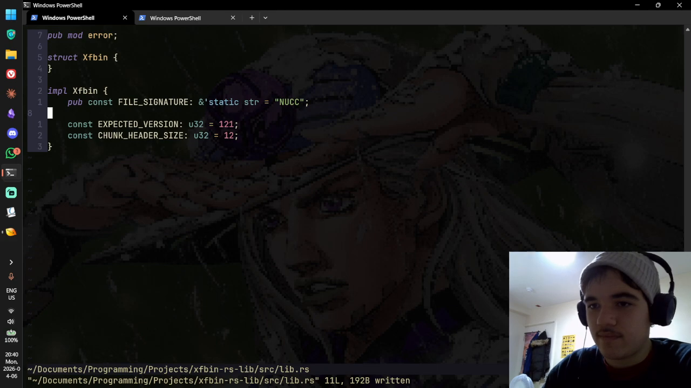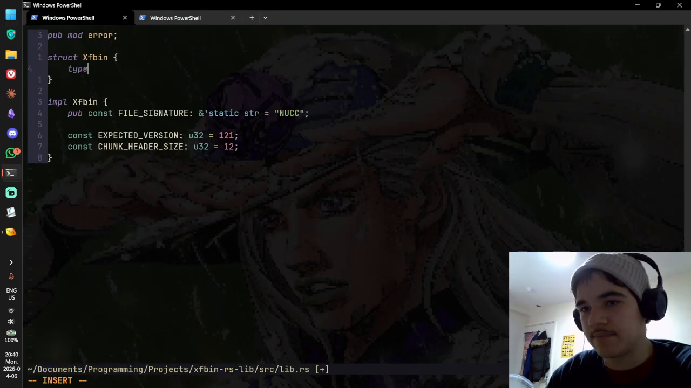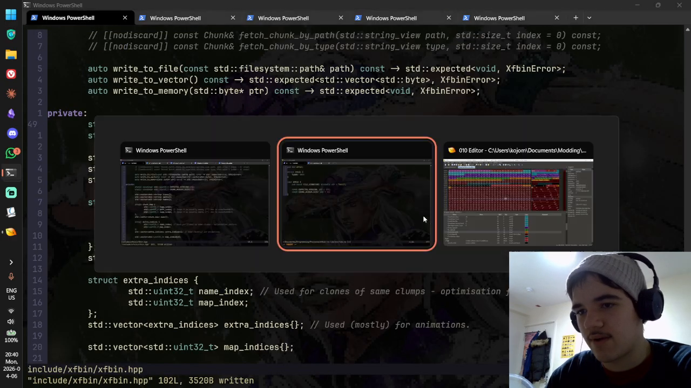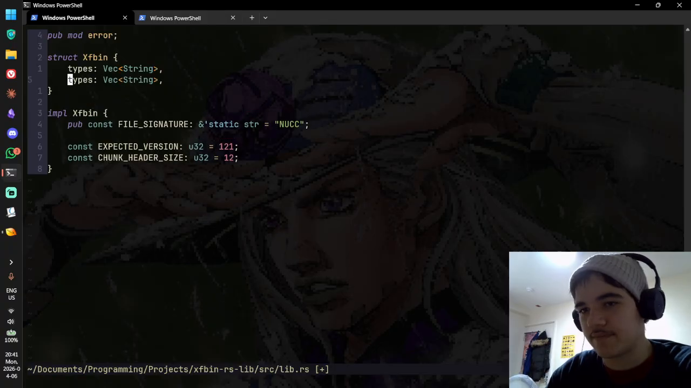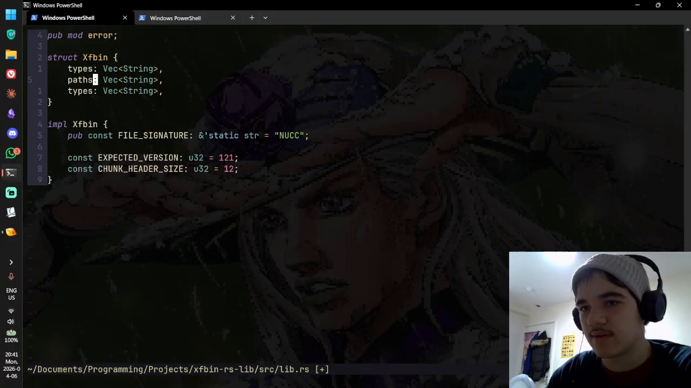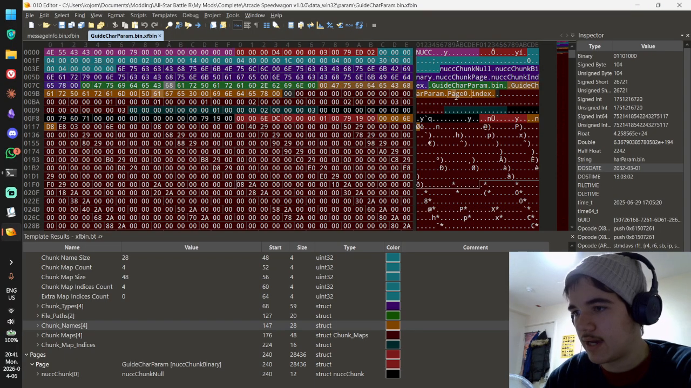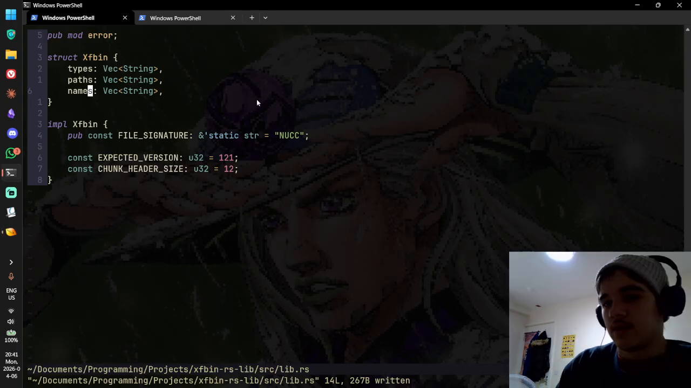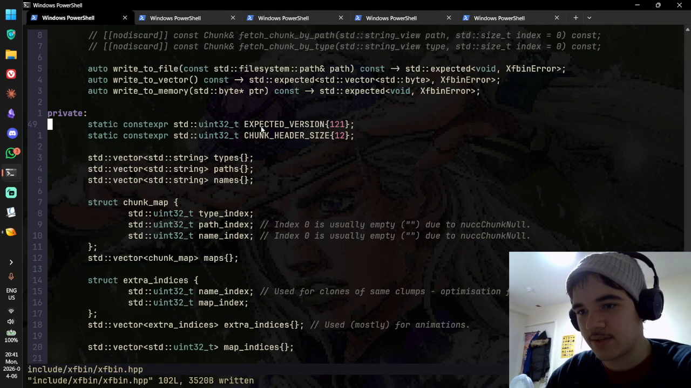Okay, then this exafin needs to contain a list, so a vector of types, which is a vec string. Yeah, so types, names, okay, path and names. In that order, right? Because here we have the types, the path, and the names. Why do I keep doing it that way? So then